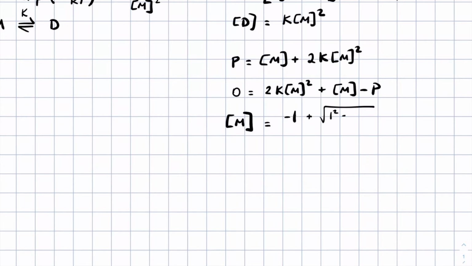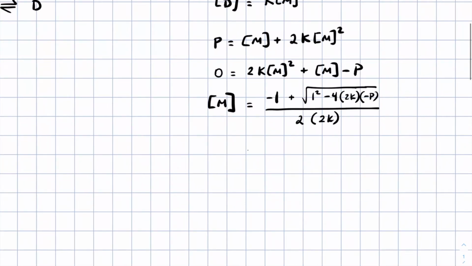B squared minus 4 times A, which is 2K, times C, which is minus P, all over 2 times A, which is 2K. And we can rearrange that, or simplify that just a little bit, to get the following expression,